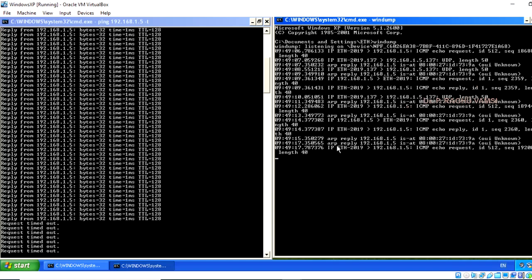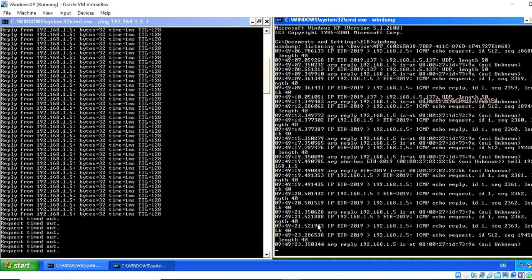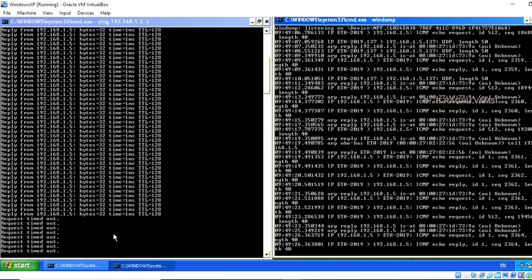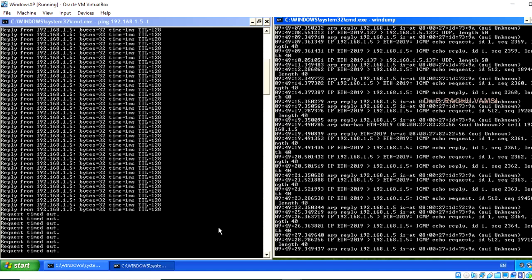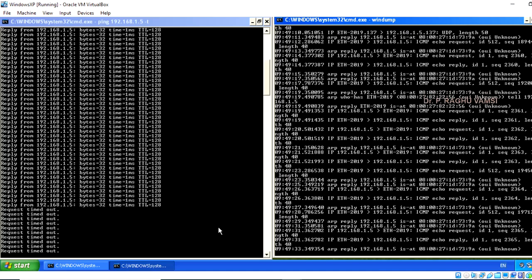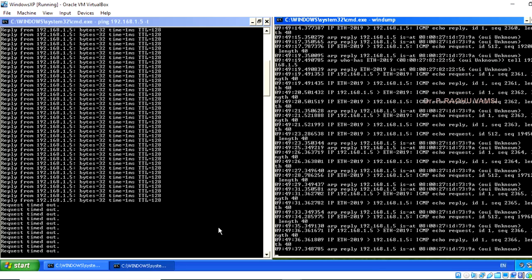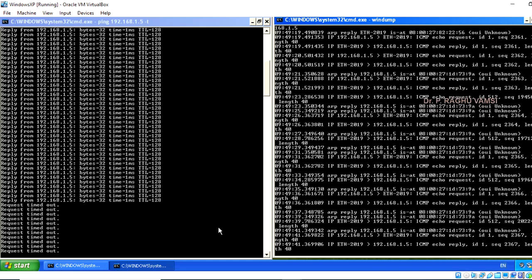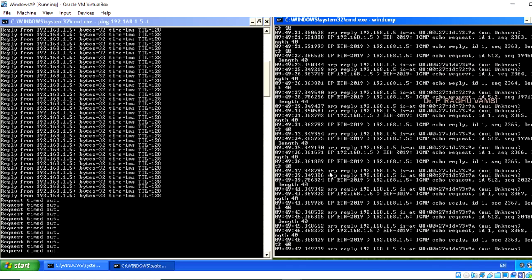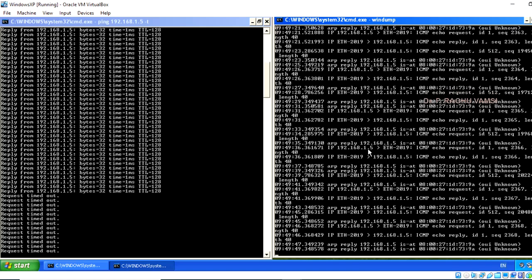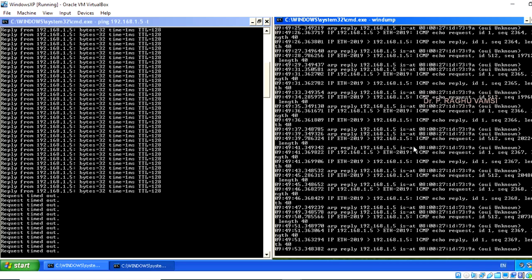So you look at here, the connectivity between the Windows XP and Windows 7 is request timed out. The reason is the ARP cache of the Windows XP was poisoned, since actually the Windows 7 is not exactly sending the echo request to the Windows XP. You look at here, it keeps tracking that 192.168.1.5 is giving the echo request, but actually this echo request is coming from the Kali Linux.